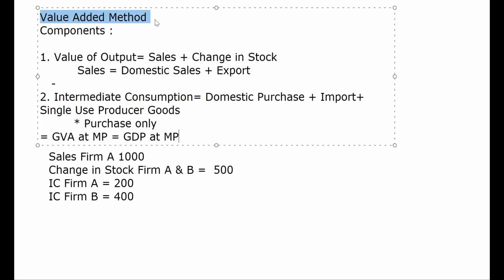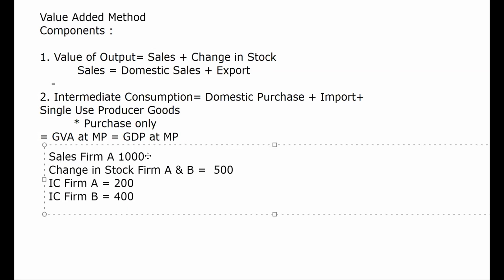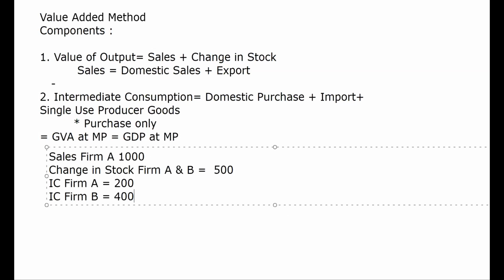First, you will find the value added of firm A and value added of firm B. Now we see, first of all, value added by firm A. What is the value added by firm A? How will you calculate?